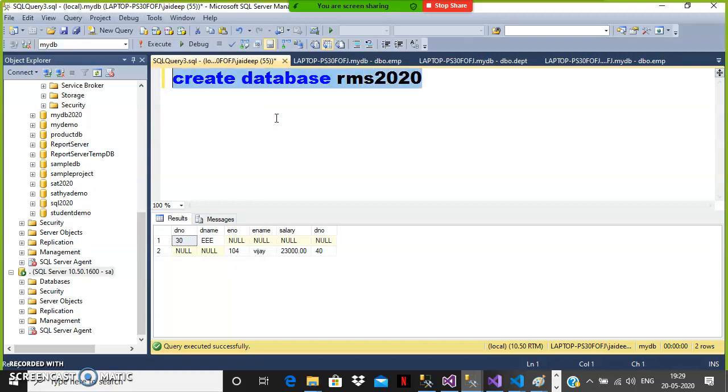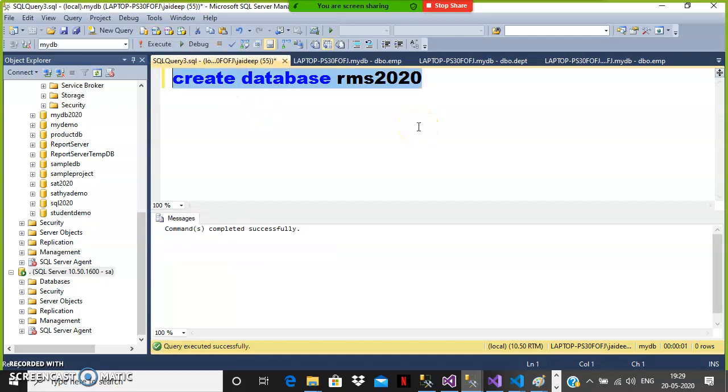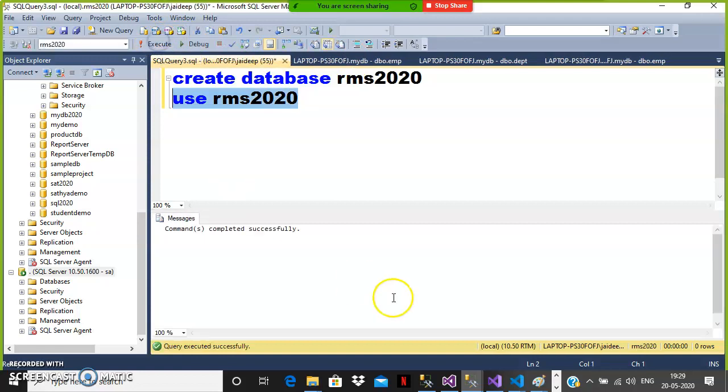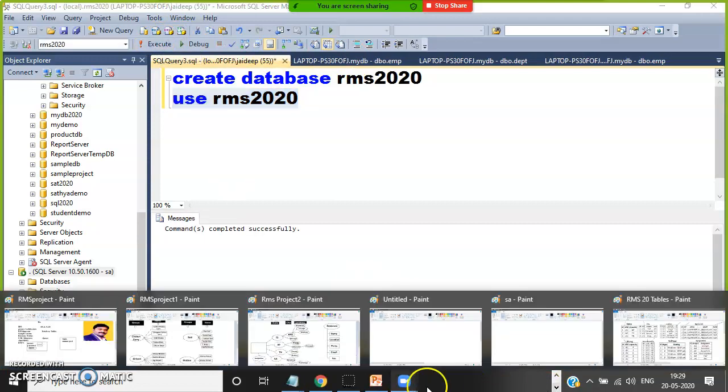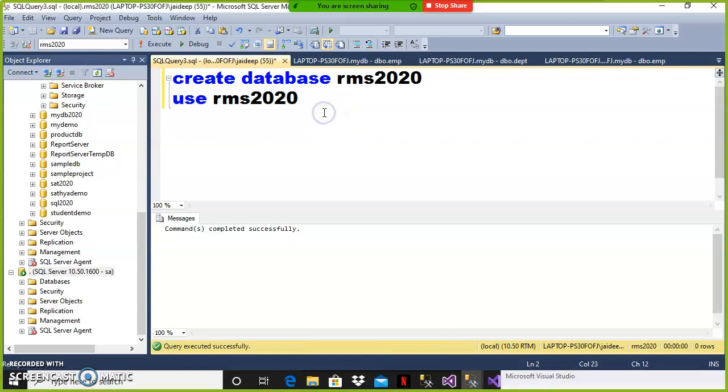And then I'll use the database: use RMS 2020. Is it clear? First create the database, then use the database. Why use the database? Because the tables that are created will all belong to your database and be saved in it. So I'll create one table.